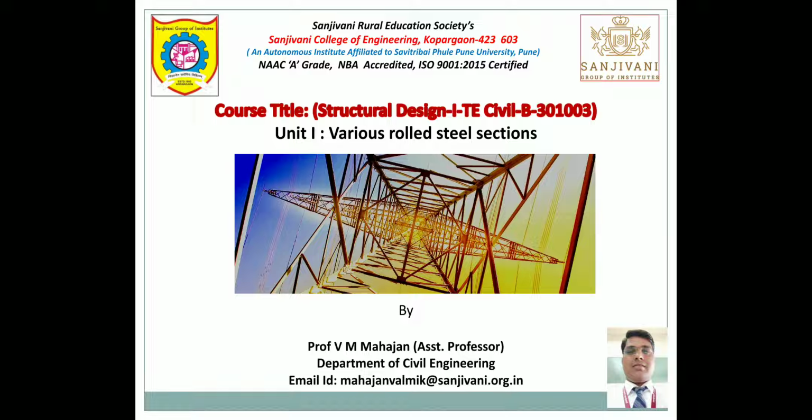We have learned in the previous lecture that there are different properties of steel, which may consist of chemical composition, rolling method, heat treatment, and other properties of steel material: modulus of elasticity, Poisson ratio, shear modulus, coefficient of thermal expansion, and ultimate tensile strength. We also learned in the last lecture the stress strain curve for mild steel bar.